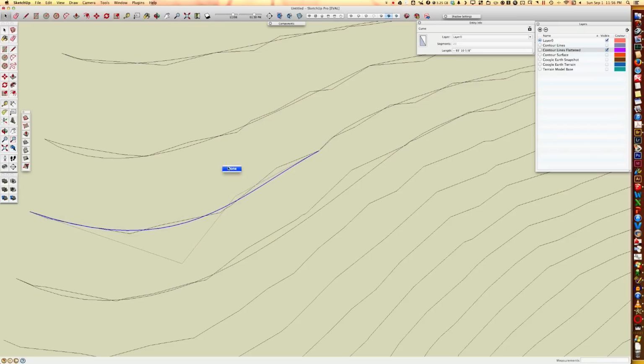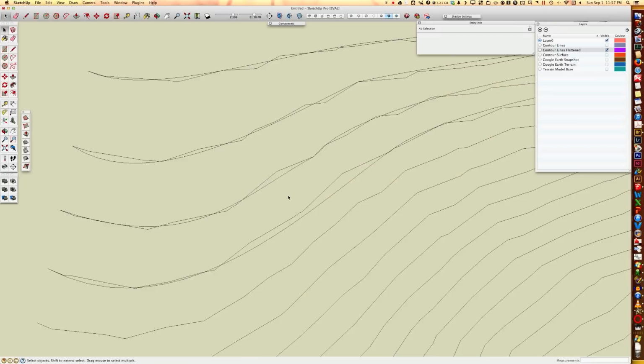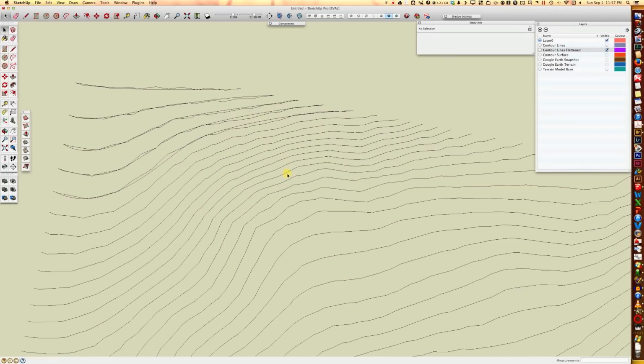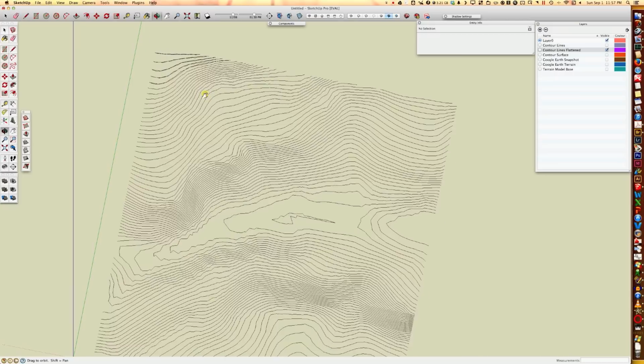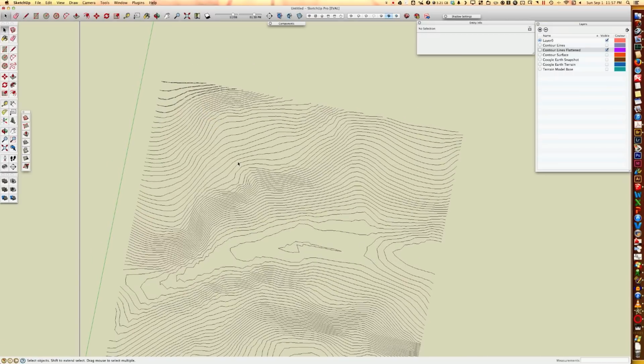And that looks pretty good. So right click and then say done, and then I'm done. So I would want to go through and do all these contours here. And this is a very big site model. Again, I just wanted to exaggerate it just to show you. You probably won't have this much variation or this many lines, but it's still a heck of a lot easier